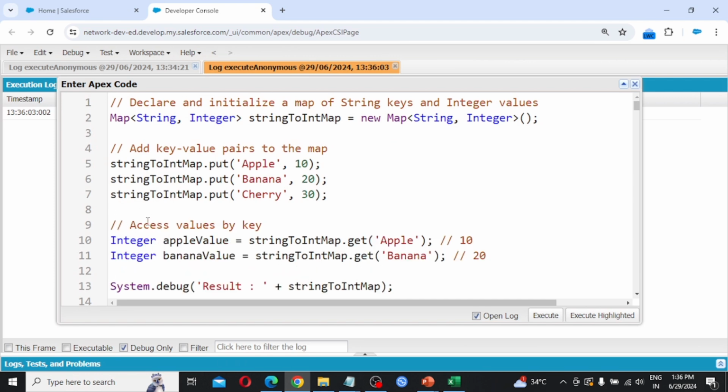So next we are going to see how to access values by key, by providing the key. Integer apple value: here I need the apple value, so I am providing the string and I need the value for that particular string. By the name itself I am creating the variable. So this is the string to int map,